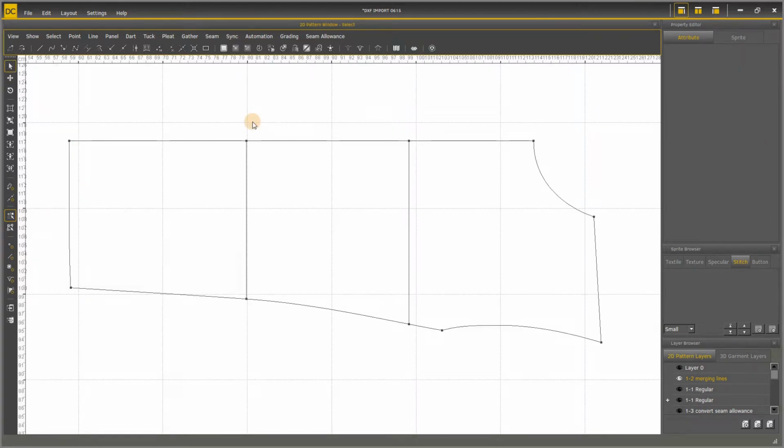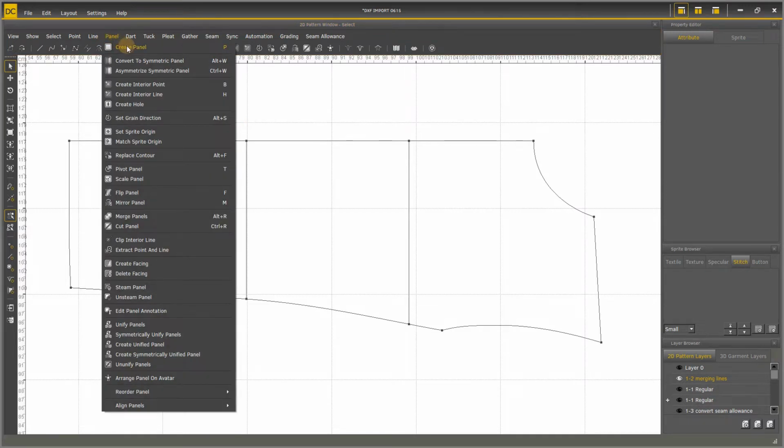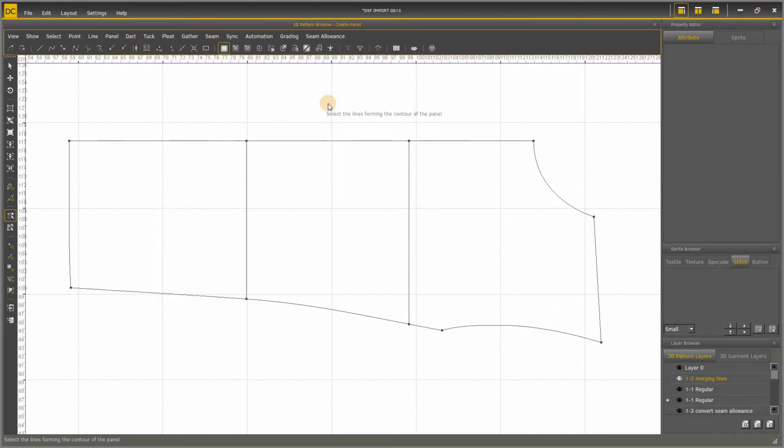After merging all the divided lines, we can start to create a panel. Use the Create Panel function in the drop-down menu of Panel. First, we can right-click to select whether we want to create interior lines or points when creating the panel. Check the box if you want, and left-click to select the control lines.